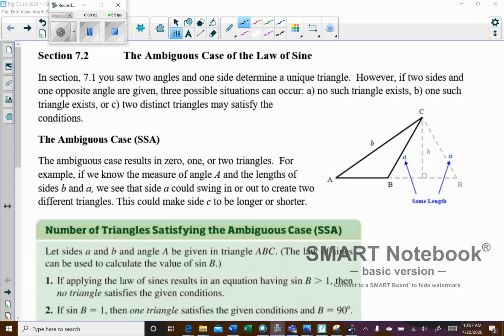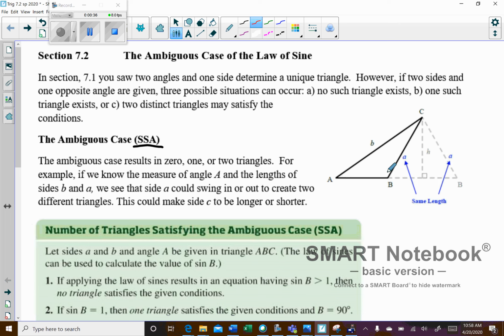Okay, here in 7.2, we're going to look at our cases that can have some ambiguity to them. The previous section was pretty straightforward. You're just looking at congruent triangles. But here we're looking at the case of side-side-angle, which is actually not a congruent theorem that holds. That's why we call it the ambiguous case, because there's a couple different things that could